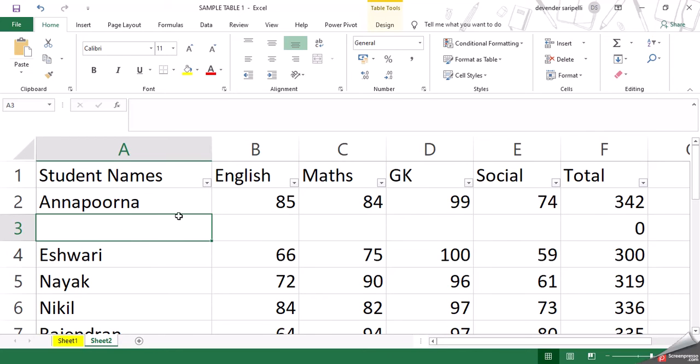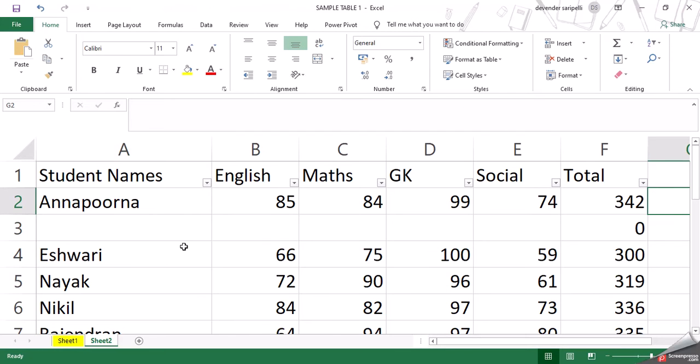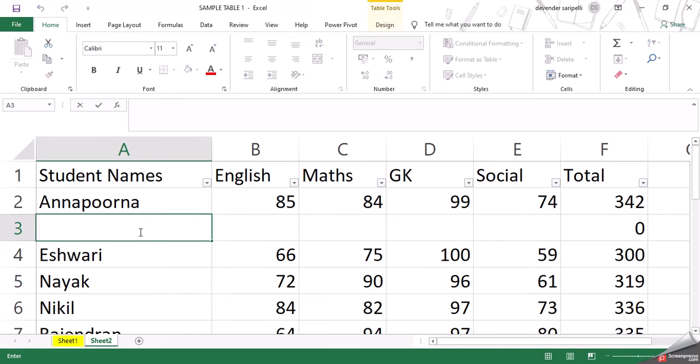Now I need to add another student's name. As I have already inserted the row, it is easy for me to add. I will write another student's name, and I will also enter his marks.